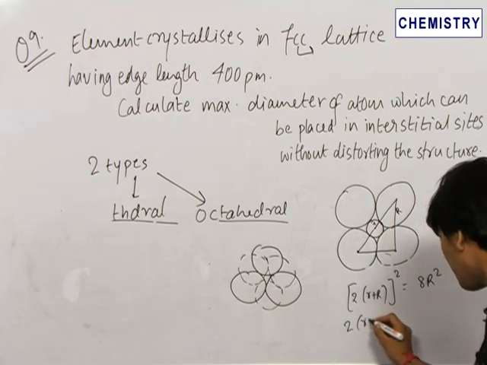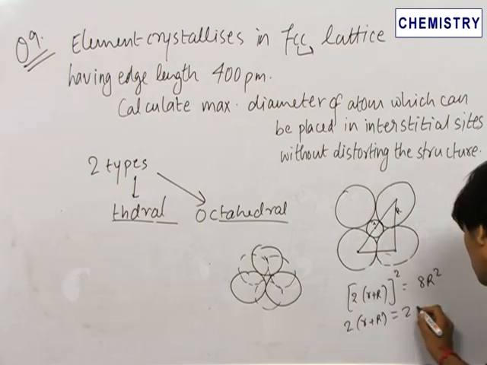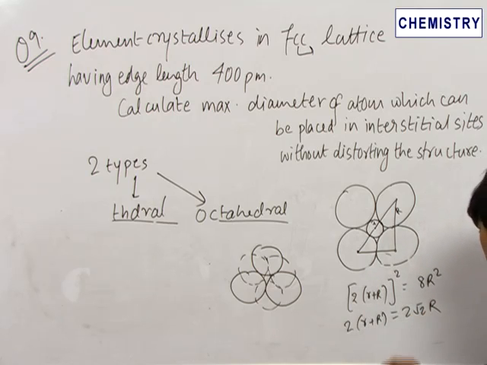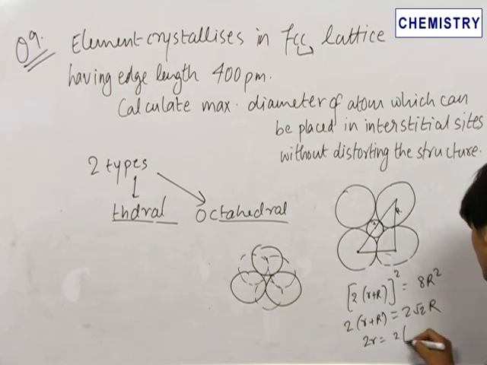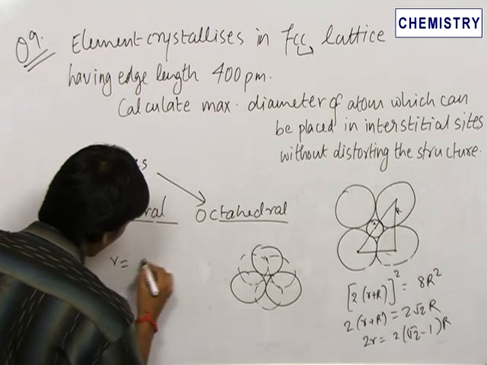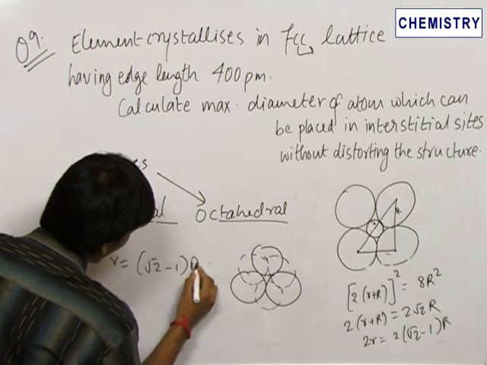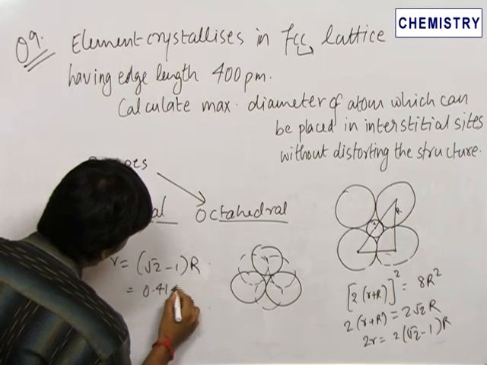Therefore 2 times (R plus r) is equal to 2 root 2 times R. Therefore we get that 2 times small r is equal to 2 times (root 2 minus 1) into capital R, that is small r is equal to (root 2 minus 1) into capital R, that is equal to 0.414 into